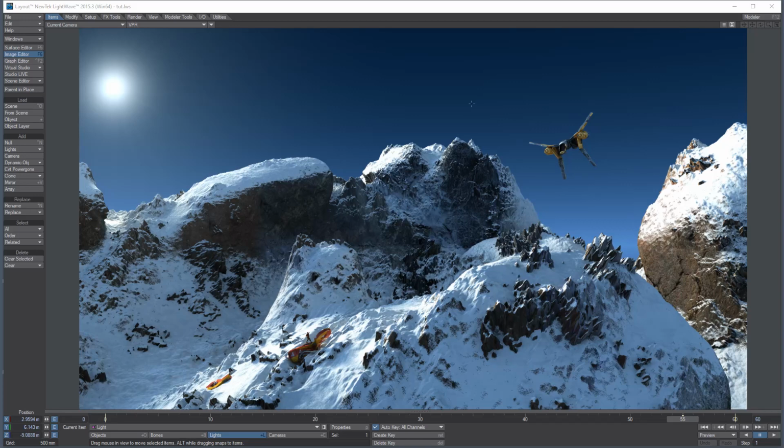Alright, hello guys. In this video we are going to have a look at this mountain scene because I want to show you some techniques and workflows I've used when creating this. This is the final rendered image in VPR mode. I'm going to change it to shaded solid,